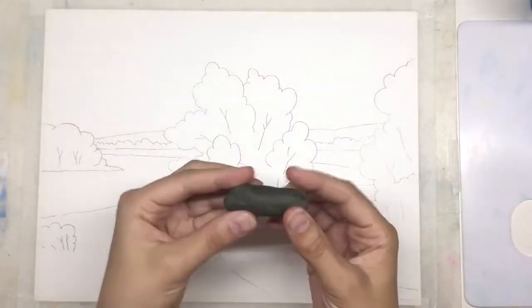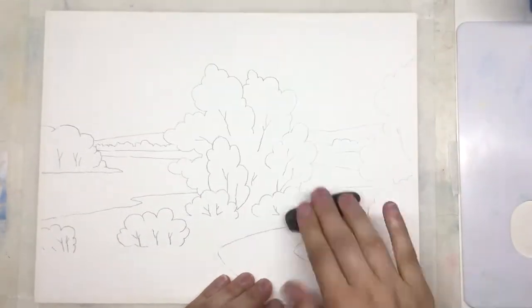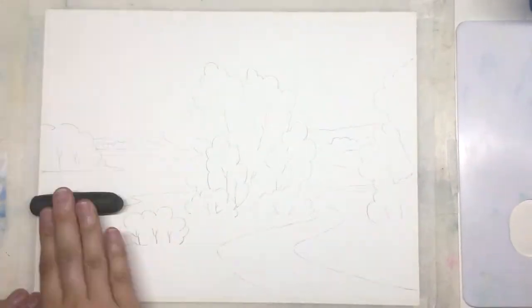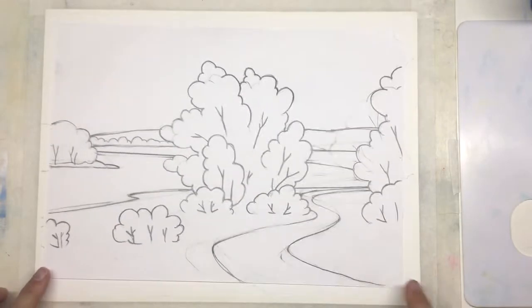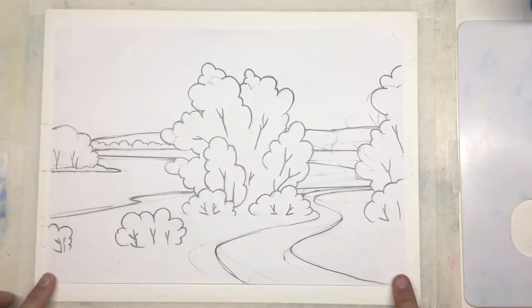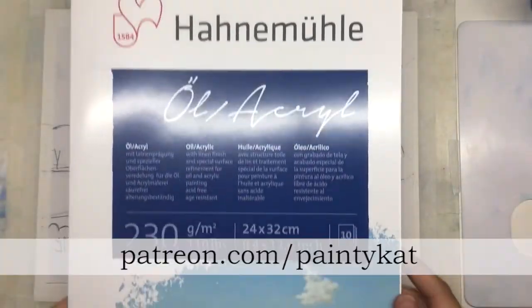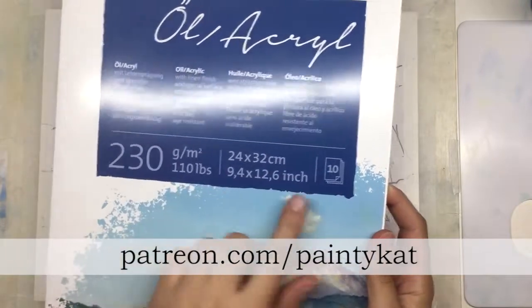Hello my dear friends, today we're going to paint a landscape with a bush in the center and a lake. I'm starting by cleaning my paper of extra pencil graphite. As you can see now, you can use the sketch from my Patreon. The paper I'm using today is a Hahnemühle